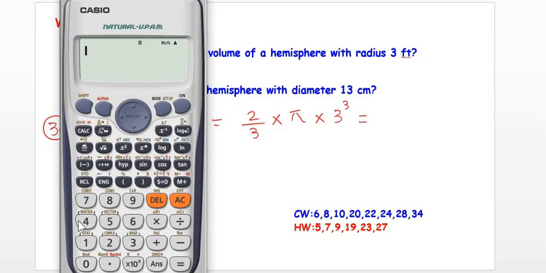First you will write the fraction 2 over 3, and then bring the cursor here, times shift pi, times 3 cubed. So finally it is becoming 18 pi, and if you convert it into decimals, it's becoming